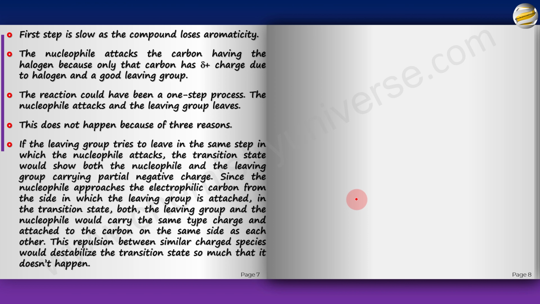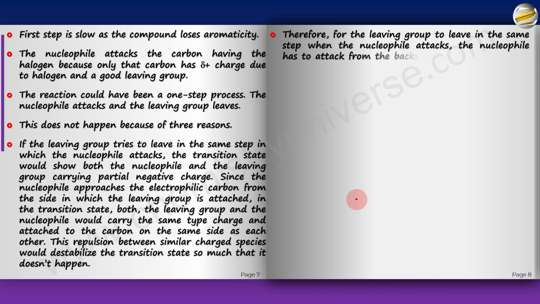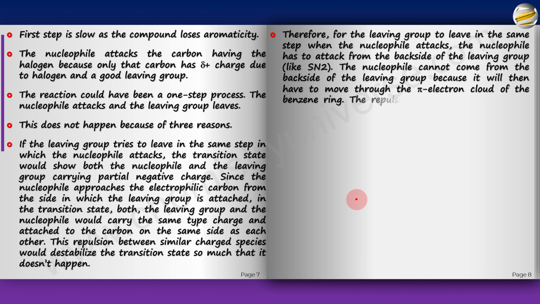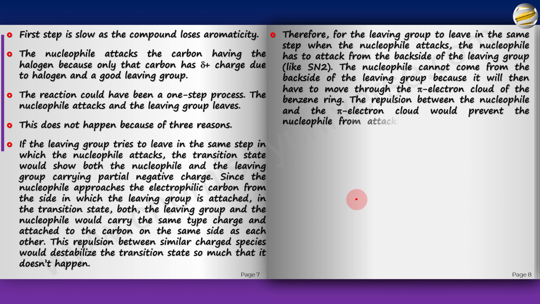Now, this repulsion between similar charge species would destabilize the transition state so much that it doesn't simply happen. Therefore, for the leaving group to leave in the same step when the nucleophile attacks, the nucleophile has to attack from the backside of the leaving group, like SN2. Now, the nucleophile cannot come from the backside of the leaving group because it will then have to move through the pi electron cloud of the benzene ring. The repulsion between the nucleophile and the pi electron cloud would prevent the nucleophile from attacking from the rear of